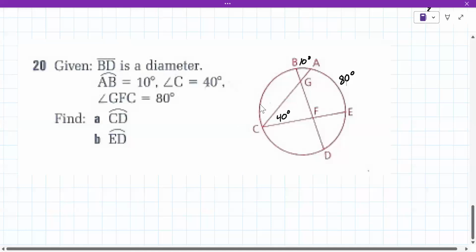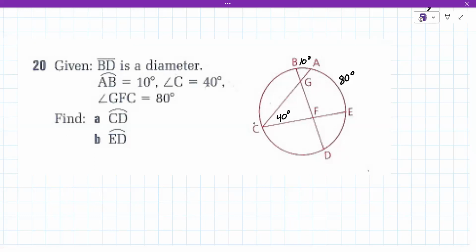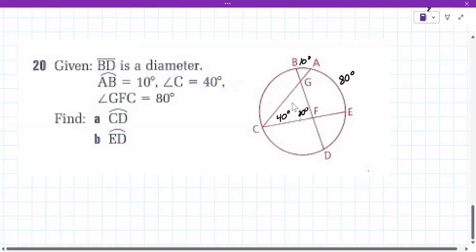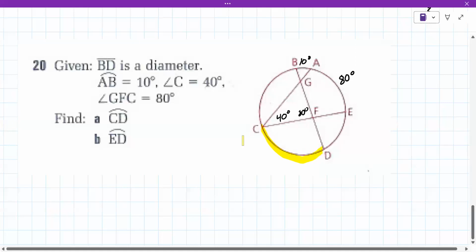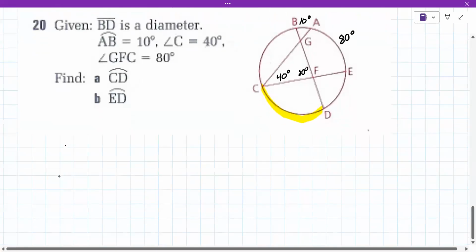G to F to C. So this one is 80 right here. Okay, I think that's everything. Now we can find the third angle of the triangle, but what are we trying to find? We're trying to find C to D. Like that. Okay. So to find C to D, and sometimes it really helps to redraw all the stuff